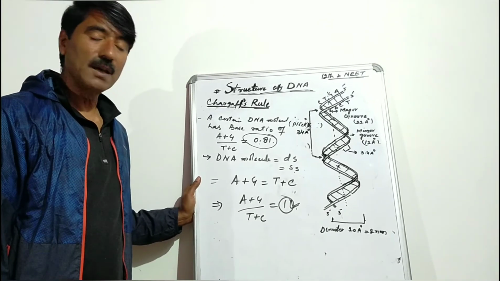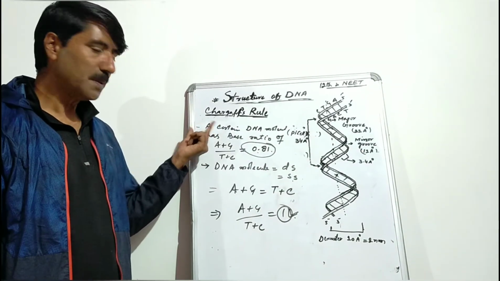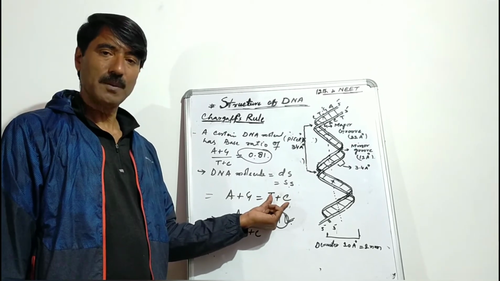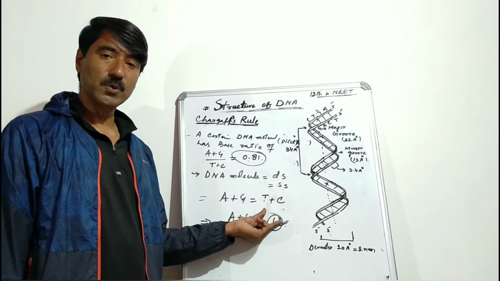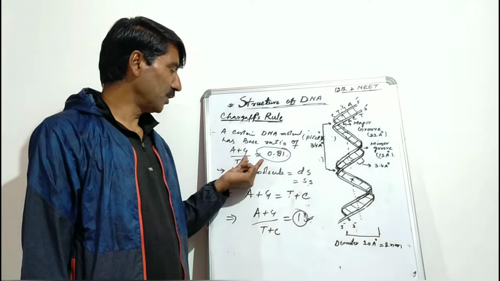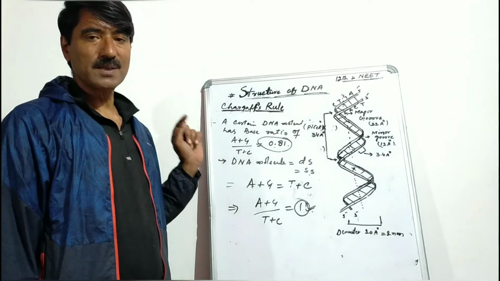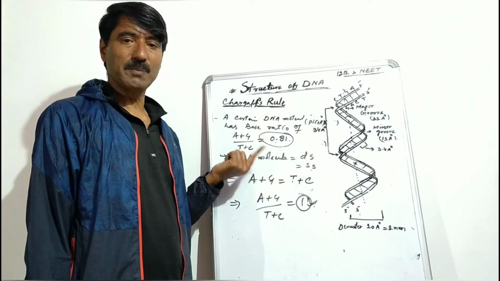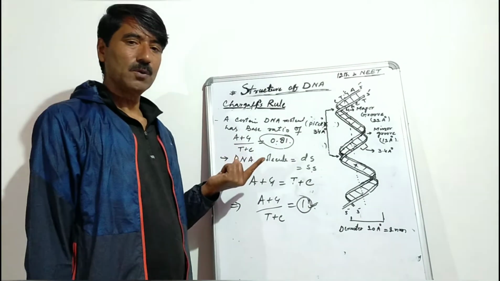Definitely it is single stranded, because in double stranded DNA, as per the Chargaff's rules, the amount of purines is equal to the amount of pyrimidines and their ratio would always be equal to 1. But in the given question the ratio is 0.81, so definitely it should be a single stranded DNA molecule. तो इसी तरीके से बहुत सारे क्वेश्चन इससे पूछे जाते हैं और आपने ये समझ लिया होगा।